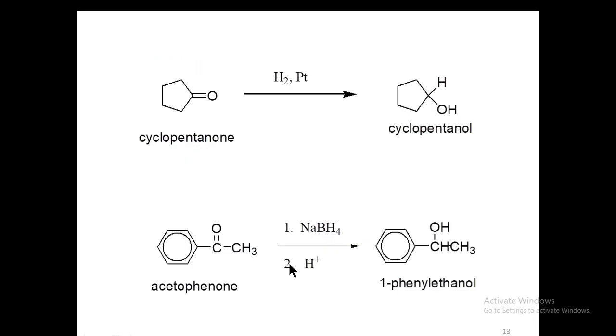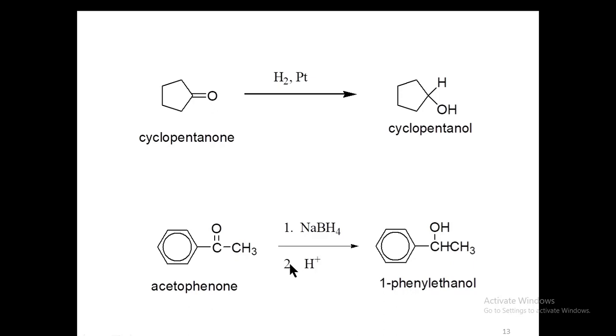Similarly, sometimes you have been given certain reactions, and among those reactions, certain reactions are impossible. For example, in ordinary conditions, you cannot oxidize ketones into carboxylic acid. So, if you know that this reactant requires this condition to be converted into that product,